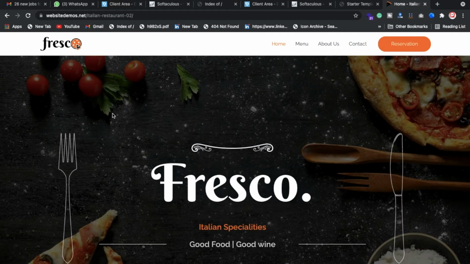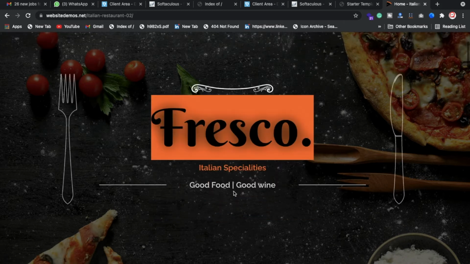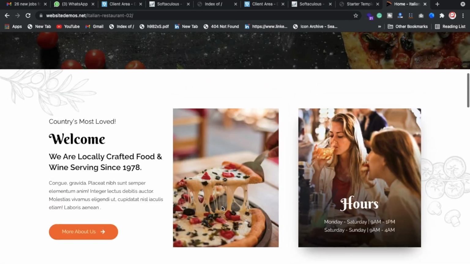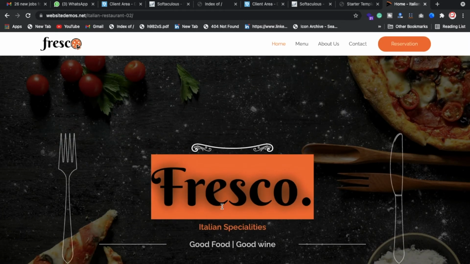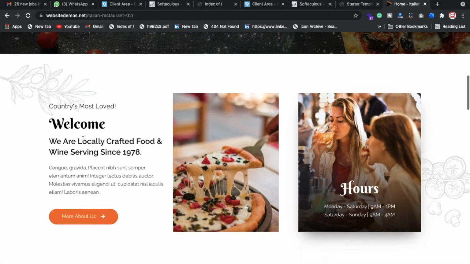Here the home section, whatever we have. Here we have the banner, and at the top of the banner we have the text, and here you can change whatever you need. Okay, so whatever kind of restaurant you have, of course you can change it from here. And look here, we have given one section for two images and one side for the welcome. So basically suppose any offer is ongoing, you can put it here.